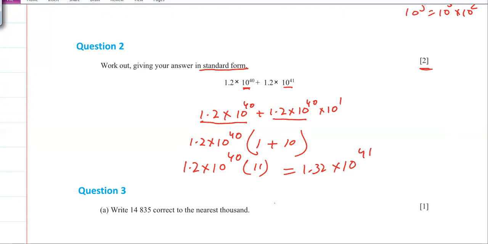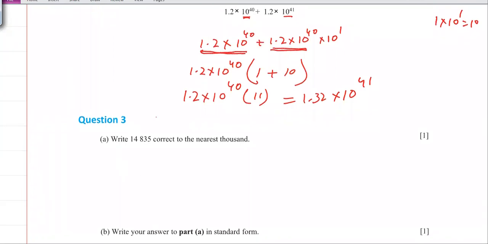Yes. Sir, how did you get the 11? I have a confusion here. Okay, because look here. What we did, I took common from this one, and from this one I took common. When I took common, what was left here? 1 plus, when I took, obviously this will be 1 into 10. I will be left with 1 into 10 to the power 1. 1 into 10 to the power 1 means it's 10. So it will become 1 plus 10. Now what is 1 plus 10? 11. Okay, so that will be understood.